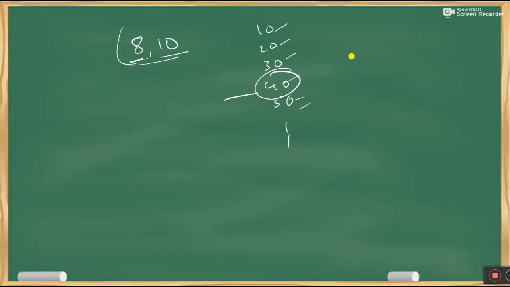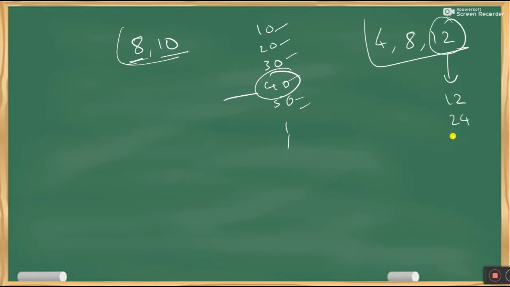It's not only applicable for 2 numbers, it can be done for 3 numbers as well. For example, if I have 3 numbers 4, 8, and 12, I have to find the LCM. I can do it with the traditional method or I can go with the shortcut. The shortcut is: take the highest number and write down the multiples. So 12 ones are 12, 24, 36, 48, and so on. Now check with the remaining numbers that they divide that number completely.